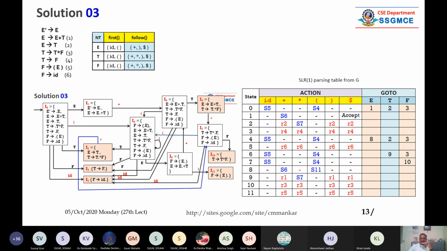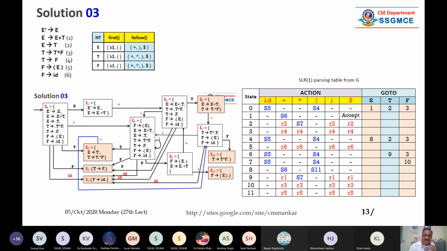Now anyway, I'm just jumping to state number 7. Just go to line number 7, state number 7. See, S5 is there, S4 is there, and the remaining dots are there, dash is there. Now see S7 in the diagram. I don't know whether you are able to see it or not.